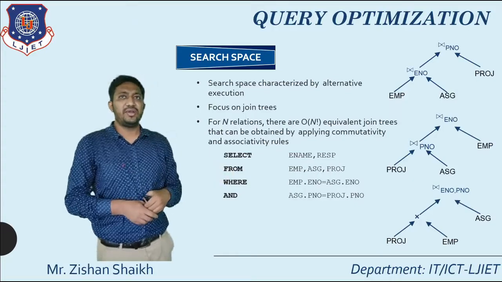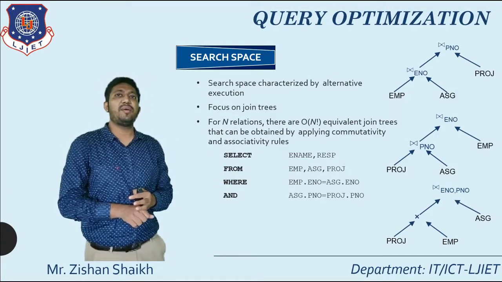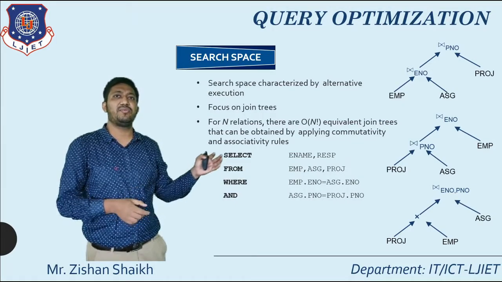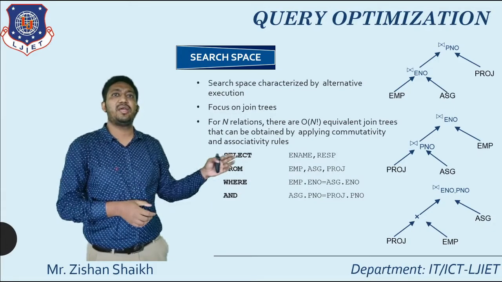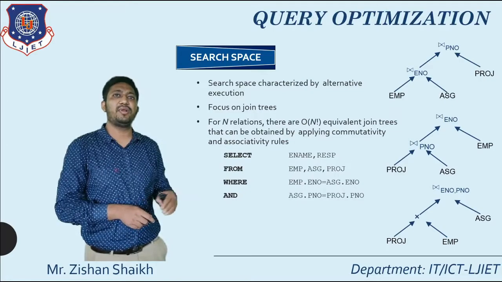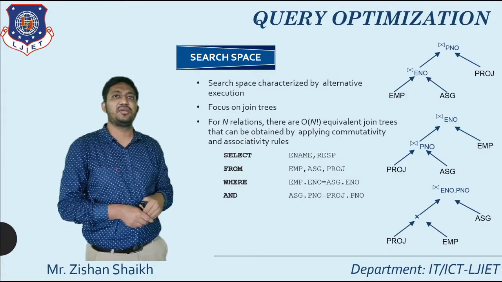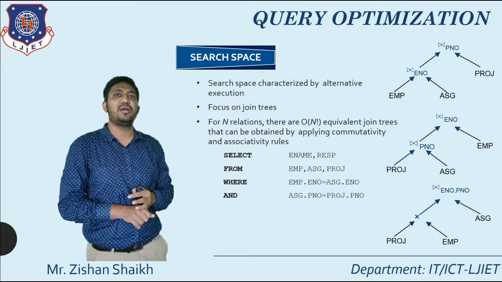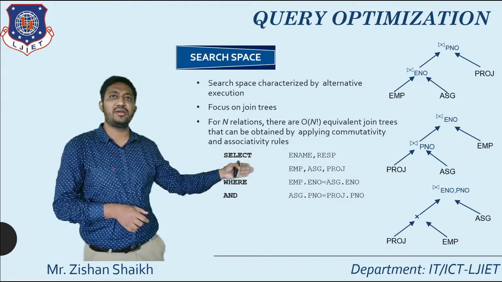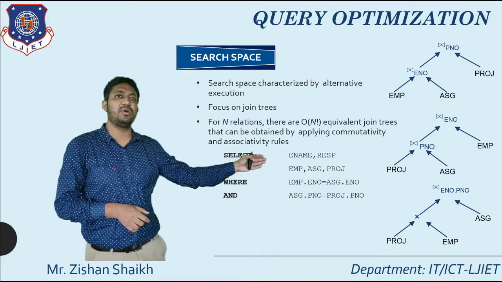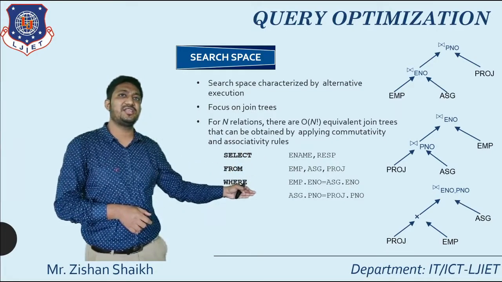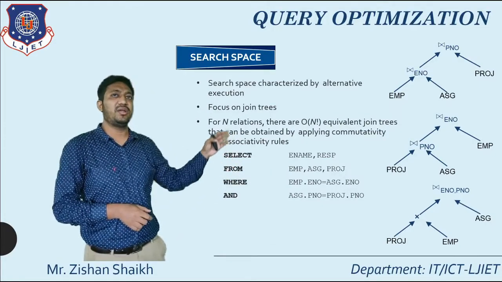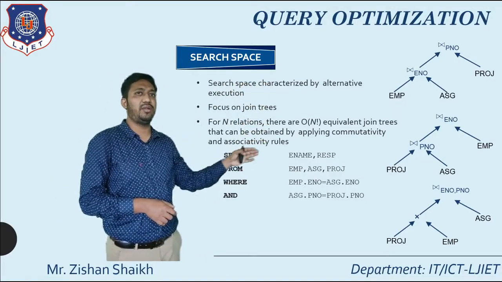For our given data, we have to find the employees that are involved in the particular project. For that, I am taking one example. The query will select employee number, responsibility from the tables employee, ASD and project. The condition is that the employee number will be the same for employee and ASD, and the P number. I am writing the condition where emp.e number is equal to asd.e number and asd.e number is equal to prv.p number.